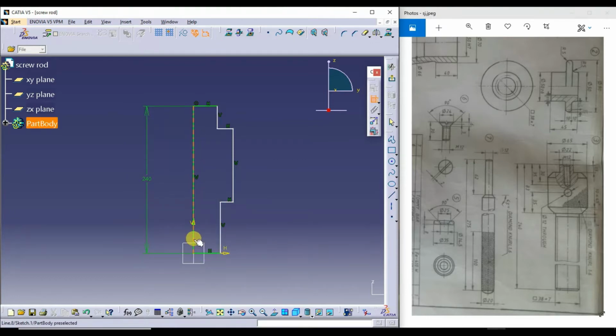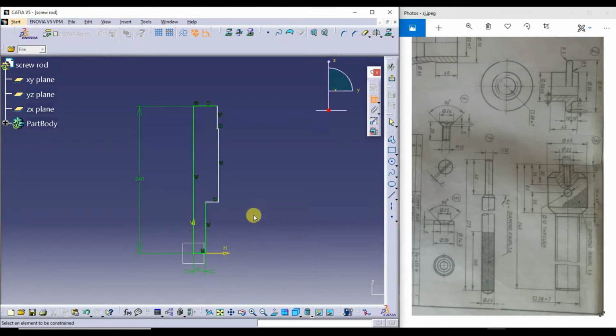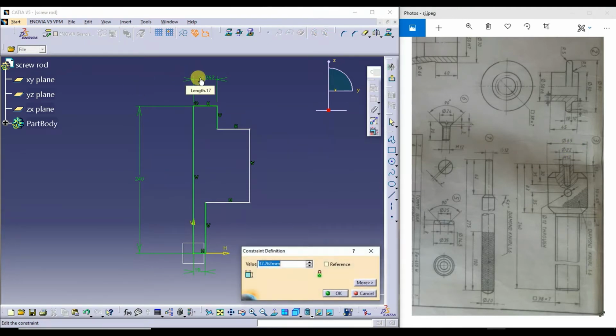Half of 38 is number 19. Just I'll drag this outside of this. Next, this diameter is, see here, this diameter is 22, half of 22 is 11, 22 divided by 2.